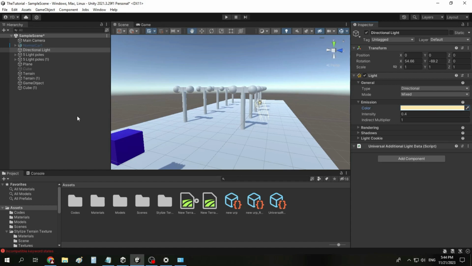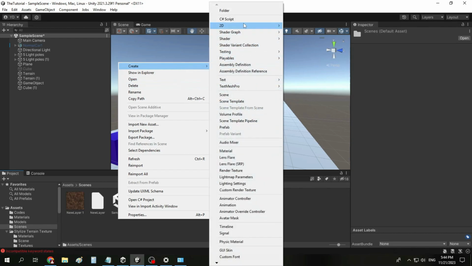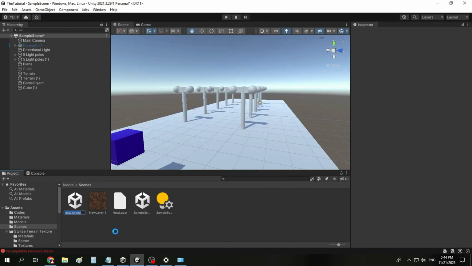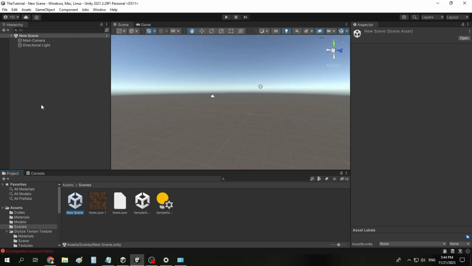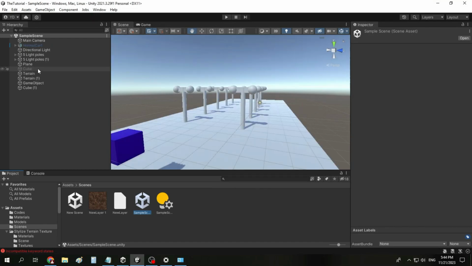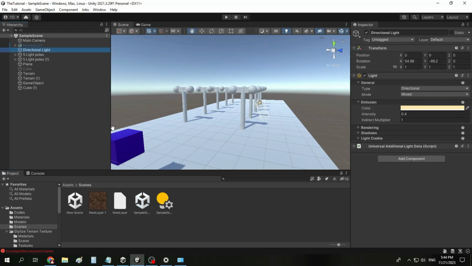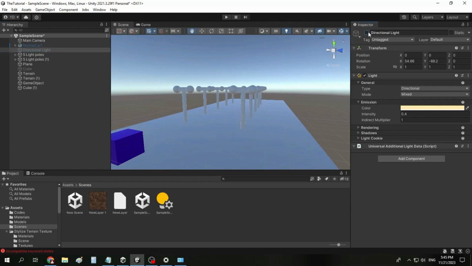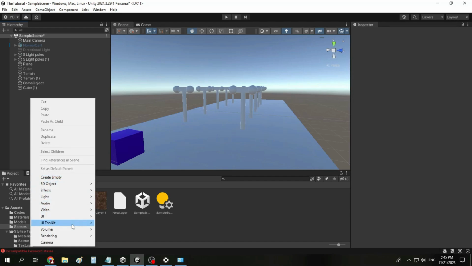When you create a Unity scene, it always has one. I'm going to the scene, create a new scene to just show you, and save our main scene and go to the new scene. We can see the main camera and directional light are automatically created. And if I go back to our scene, you can see we have a directional light. But just to show you the other types of light, I'm going to disable this light and create another type of light,